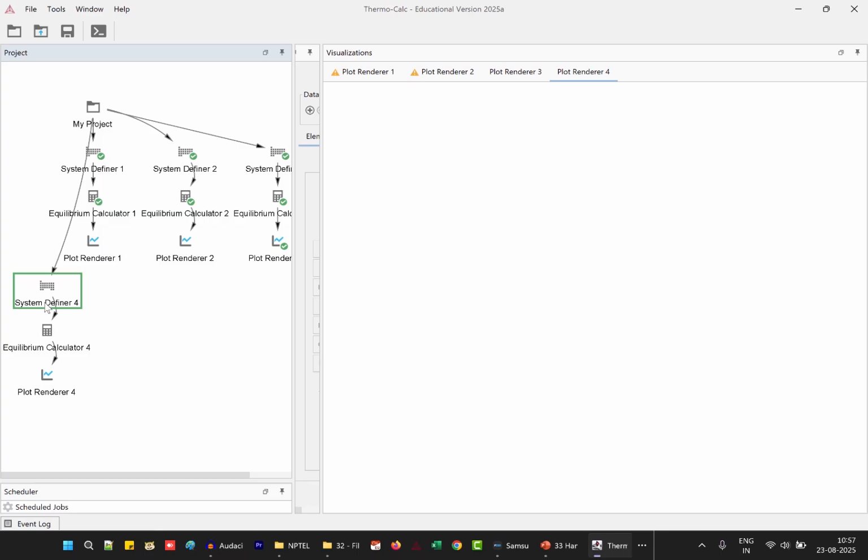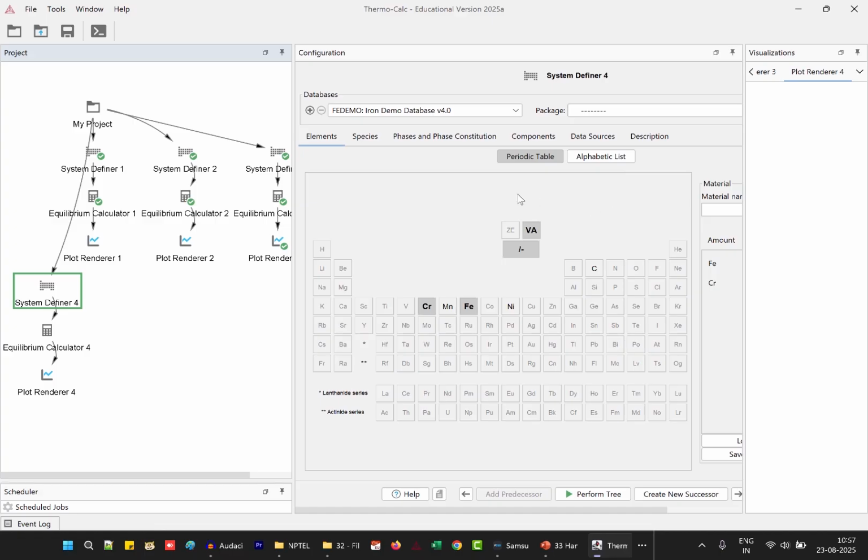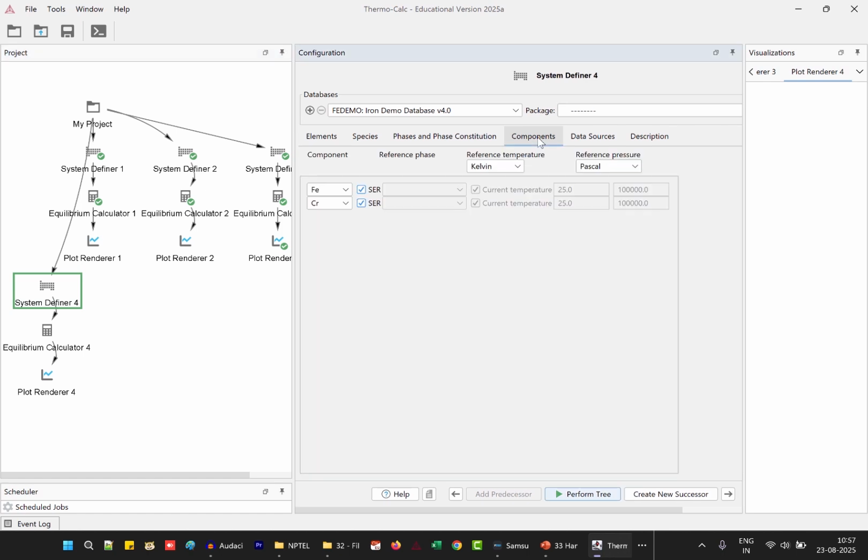So we are going to go to system definer 4 and change, set the reference state. How do we set that? In the top there is this fourth tab called components. Click on that and you can see Fe, Cr, two components are given and SCR is checked. Uncheck SCR. We are going to remove the standard element reference.